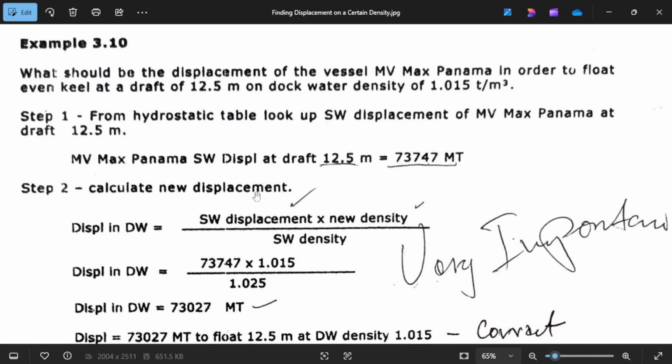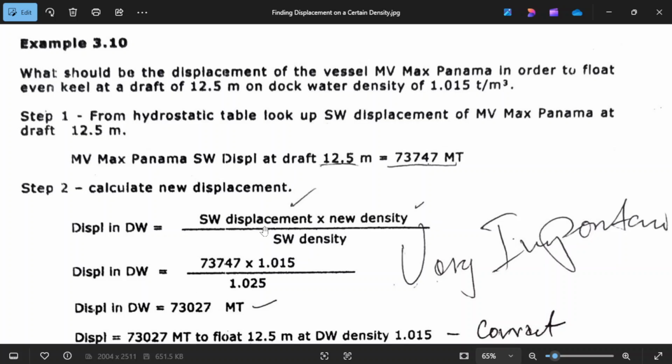We are now going to calculate the new displacement, which is what the problem is asking. So what should be the displacement? The formula is: displacement in dock water is the salt water displacement times the new density when she is floating, 1.015, over the salt water density of 1.025. So we transpose.